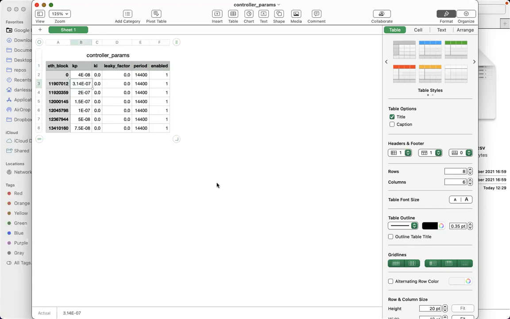So for example, if you really want to do something different, and you are going to see that this is actually one of the challenges: what happens if you modify this controller params file? What happens if, for example, maybe I was hacked and someone put a different value here? This is a very drastic change, actually.